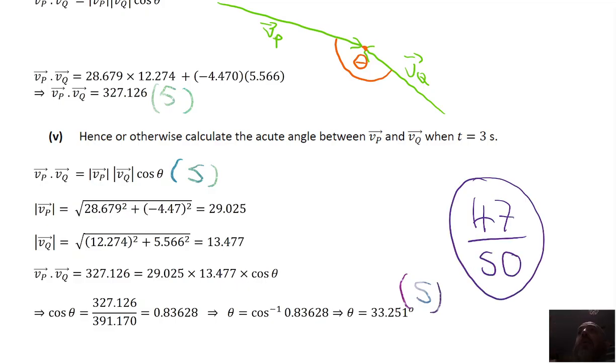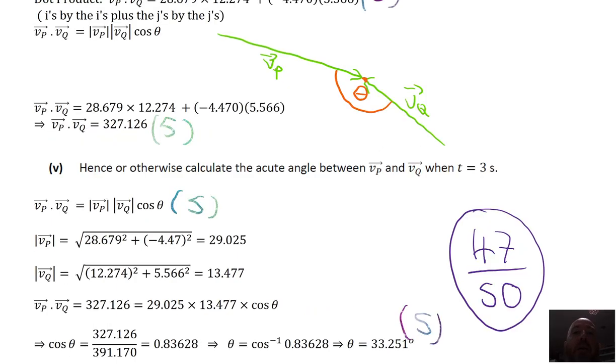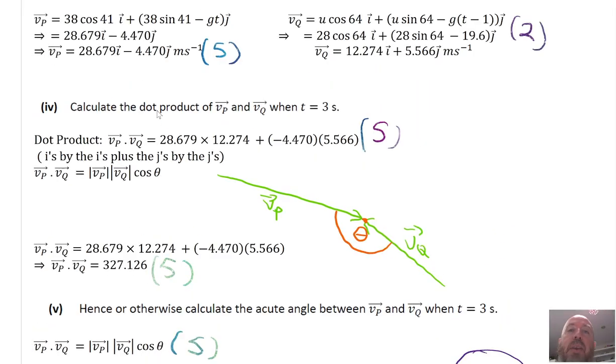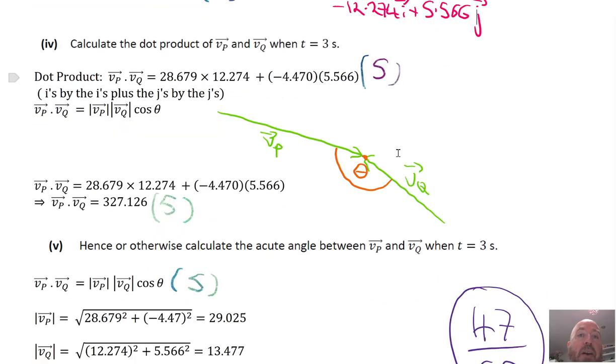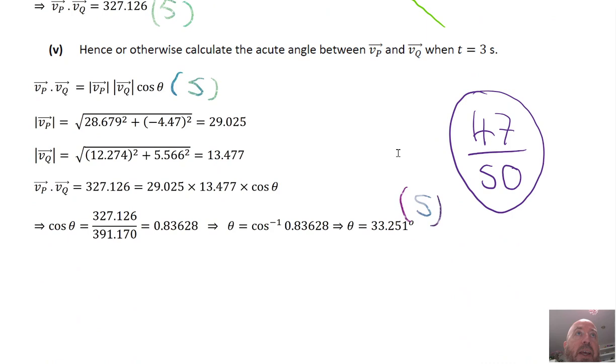Now, I'm not going to do the correct version, except to say that it needs to be minus 12.274i plus 5.566j. And if you do that correctly, you're going to get theta equals 164.44,